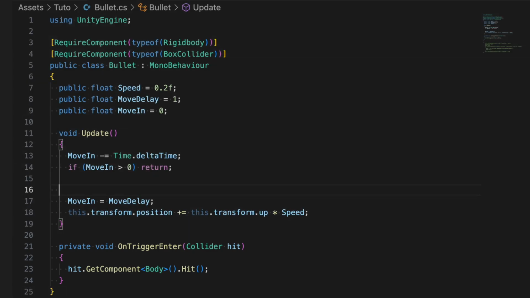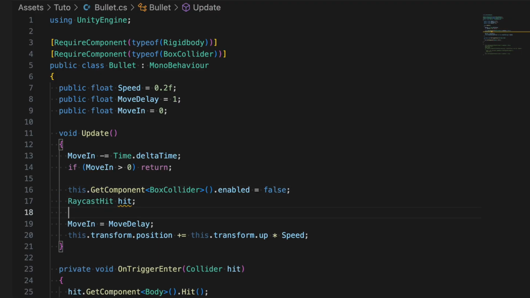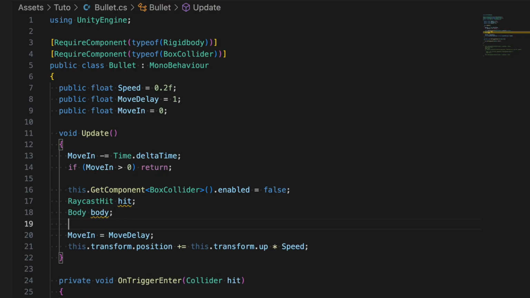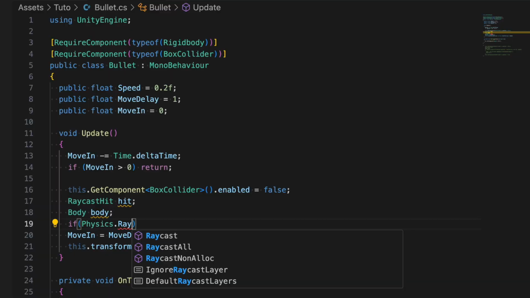Let's replace the rigid body by a Raycast. First of all, we want to disable our own collider because we don't want to detect ourselves. We then need to define a variable to store the eventual Raycast hit and the eventual enemy class detected. We now draw the line